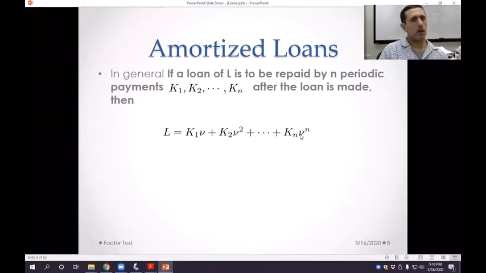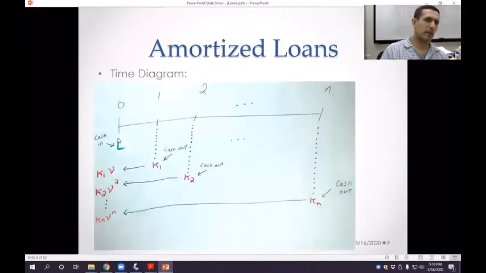Okay. And if you want to see a time diagram, here's the cash in. The cash in equals the sum of the cash out, time valued. You discount this by 1 period, 2 periods, n periods. As usual, nu is 1 over 1 plus j. J is the effective per period interest. I used green for L because that's the cash in, and I used red for the payments because that's what you're paying. Okay? Unfortunately, if you're looking at the stock market right now, you've probably seen a lot of red, like you see a lot of red in this slide. But anyway,